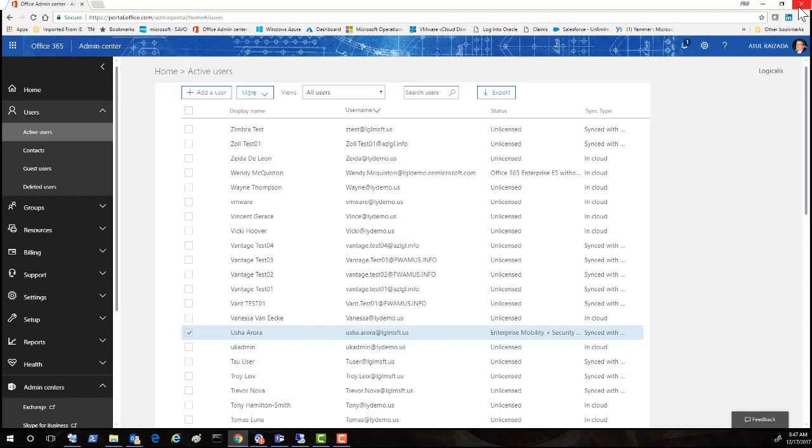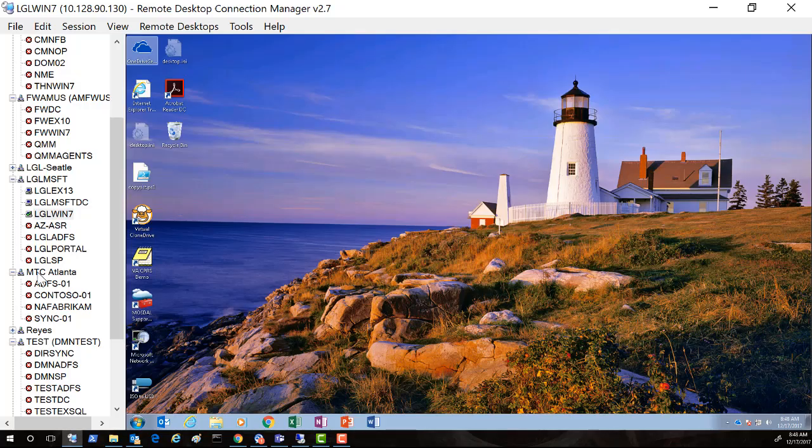So that's what we have understood about the MFA for the cloud-based application, whether it's a Microsoft cloud application or your own application that you have been developing within Azure. Now we need to extend the benefit of Azure to an on-prem solution, right? In my slide deck, I mentioned that we're going to look into three different options. One is the VPN, the second is the IIS website, and third is the RDS services, right? In order to accomplish that, as the slide deck has shown you, we need to deploy the Azure MFA server first, right? So if I go back to Azure MFA,